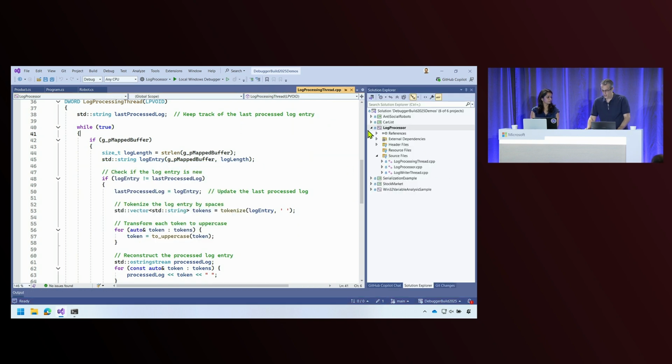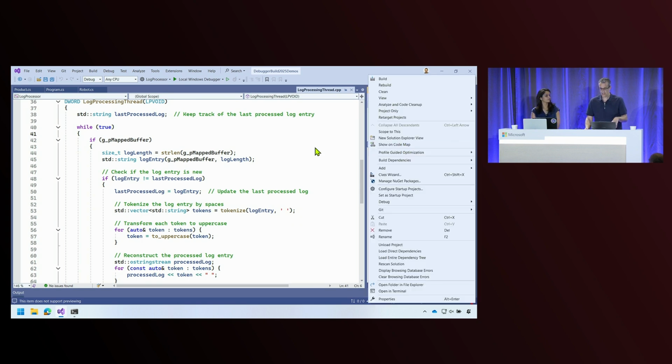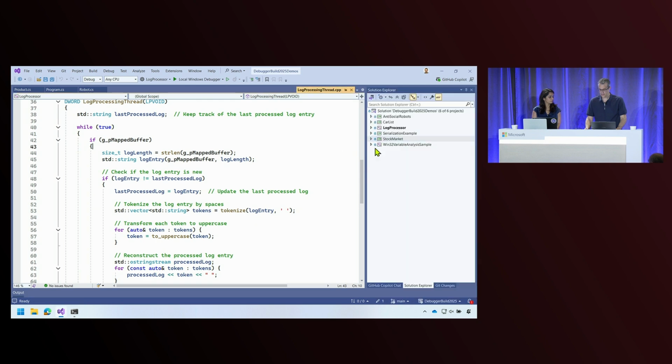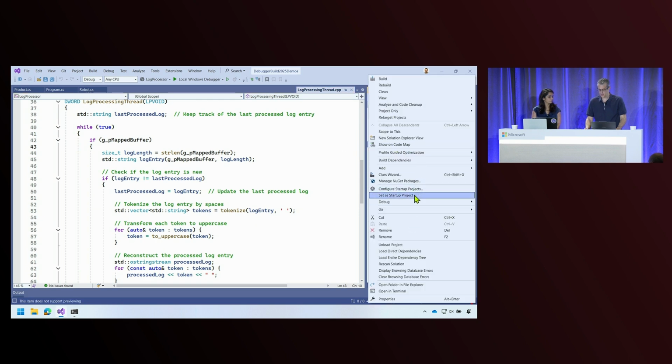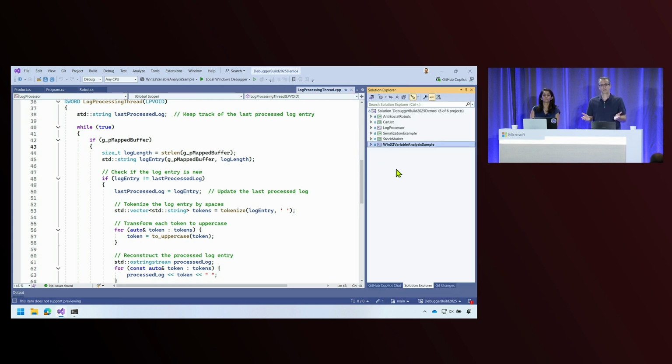All right, so that was Exception Assistant. Now we're moving to another analysis feature called variable analysis. I'm going to switch my demo application. Obviously, exceptions are very common, but we have a whole set of different classes of issues we see, like logic errors that don't result in any exception, but simply result in unexpected behavior. We have variable analysis functionality to help you sort those out.